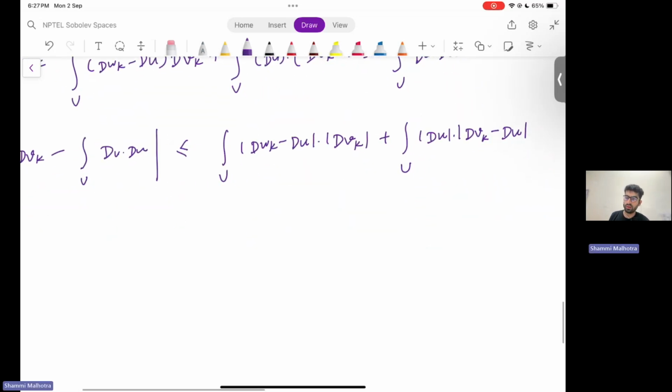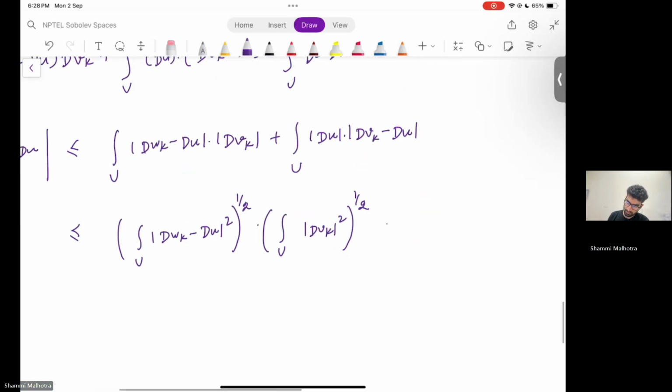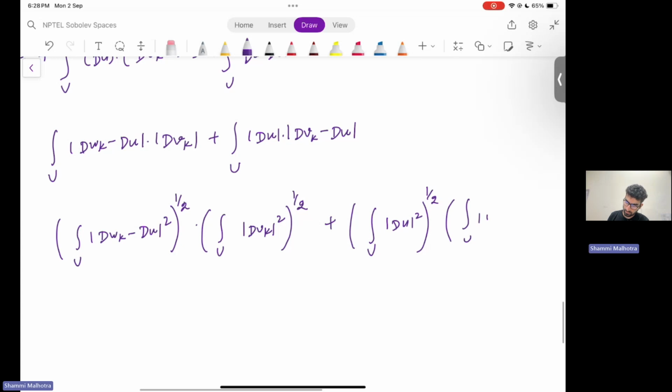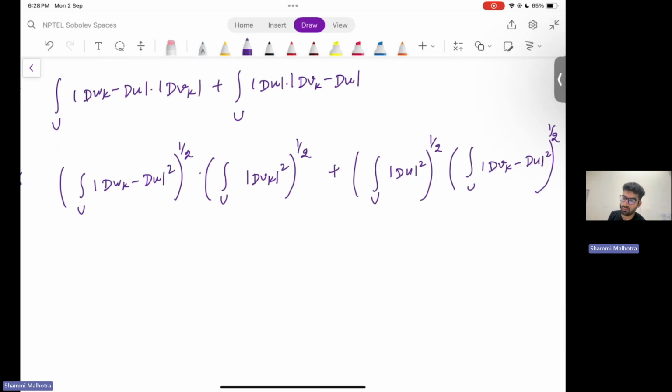So now we can employ the Cauchy-Schwarz inequality. So we have integration of u of dwk minus du square whole to the power of half, and then integration of u times dvk square whole to the power of half, and u of du square whole to the power of half, and finally u of dvk minus du square whole to the power of half. But again, we know that since dvk converges to u in the H0 norm,